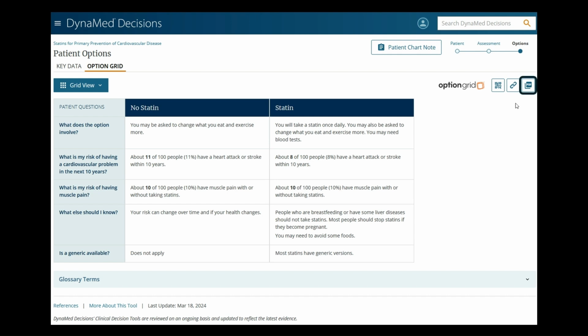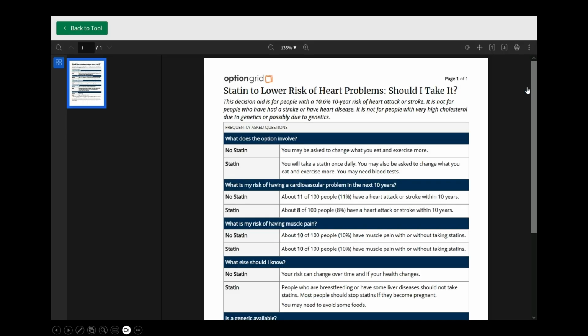And then lastly, there's an option for a PDF. And if we click on that, we are taken to an in-screen PDF with kind of the default view that is familiar when you're looking at a PDF. And this also highlights a list view of the content. So you can see here that now the FAQs appear as row headers, and then you have sub headers of no statin, another row header of another FAQ, what is my risk of having a cardiovascular problem, and then that is repeated. So the FAQs are shifted to be row headers,